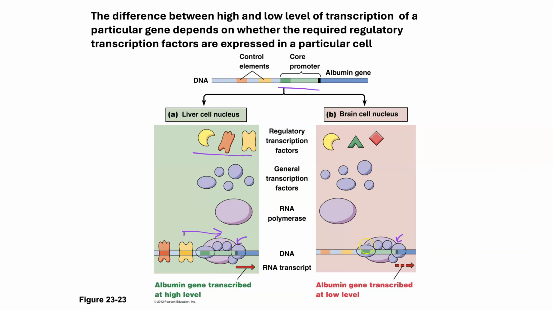Whereas in a brain cell that doesn't need albumin, you might get a teeny bit of transcription there, but you don't have the right enhancers like these two here. These proteins, they're not found, they're not being expressed in the brain cell, and so therefore they're not binding to this sequence that is upstream, and they're not promoting the expression, so you get very little or no expression of the gene in that specific tissue.